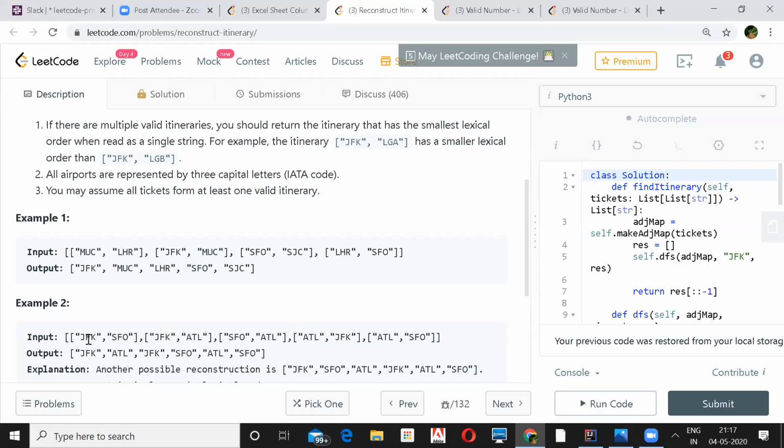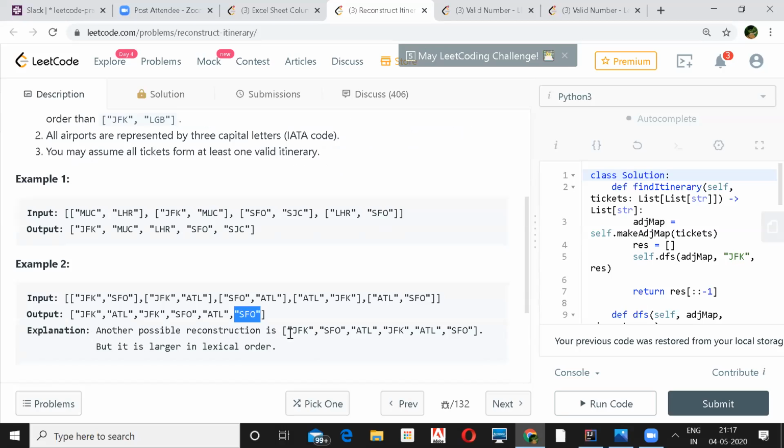So it will go to JFK, insert JFK, and JFK ends at SFO. So you insert SFO, and SFO again ends at ATL. You insert ATL, and ATL again goes to SFO, and at last SFO is appended. The other way is this, but in this case, you'll find that it will have a larger lexical order. So that's why this is avoided and this is taken.